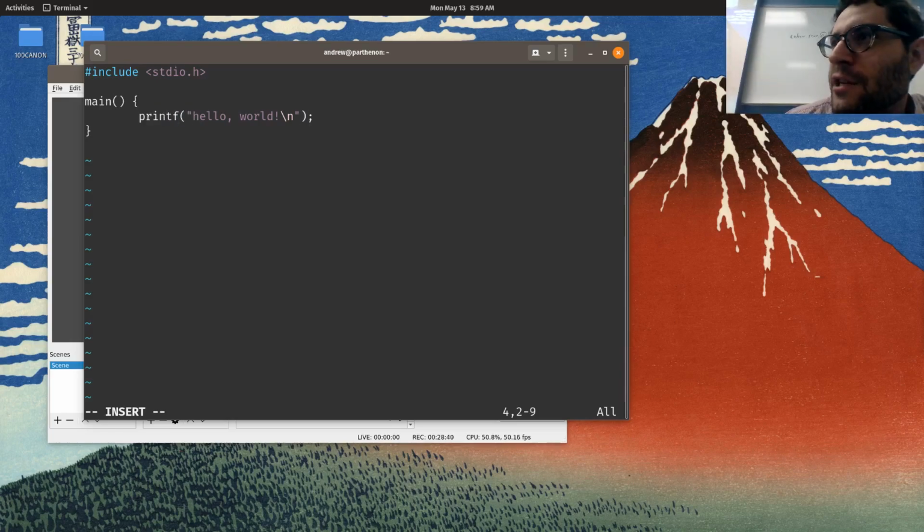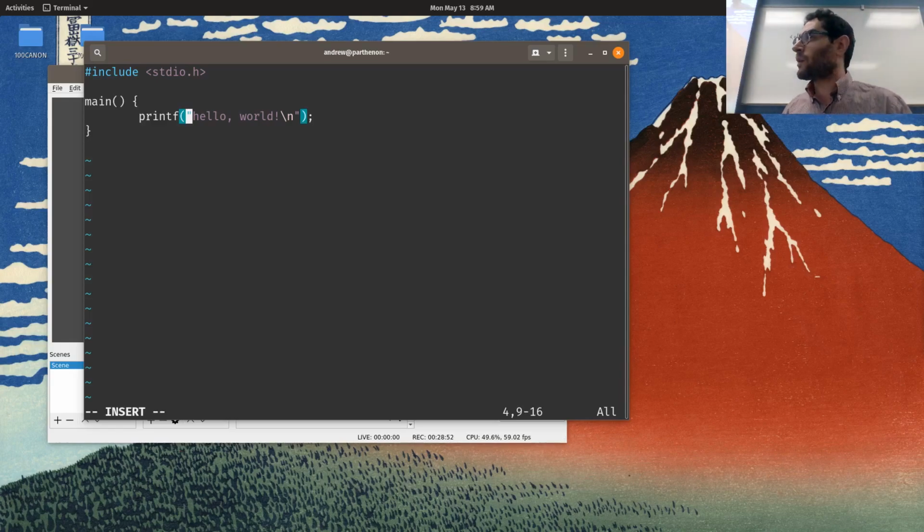The entire purpose of printf is to print something on our screen. It will print out what is known as a string. A string is text in computer science, right? So what is a string? Well, it's denoted by what goes in between two quotation marks. Notice that we have this quotation mark over here and this quotation mark over here. Hello, comma, space, world. Okay? And it'll print out hello world.